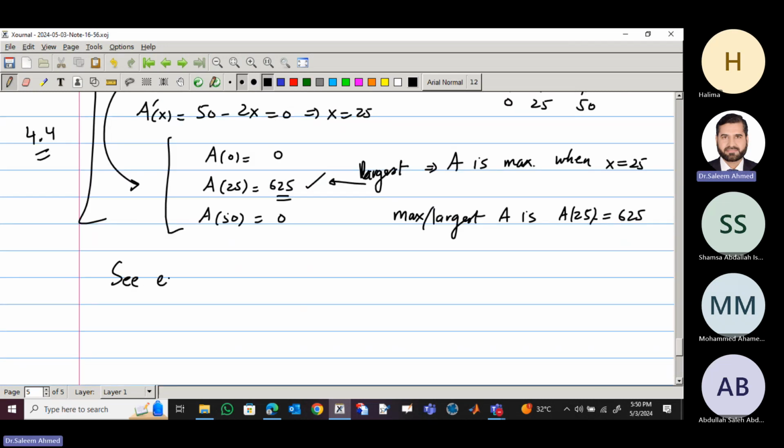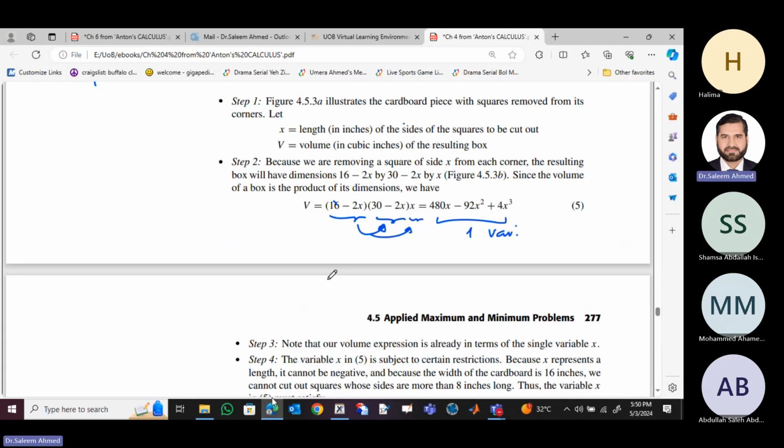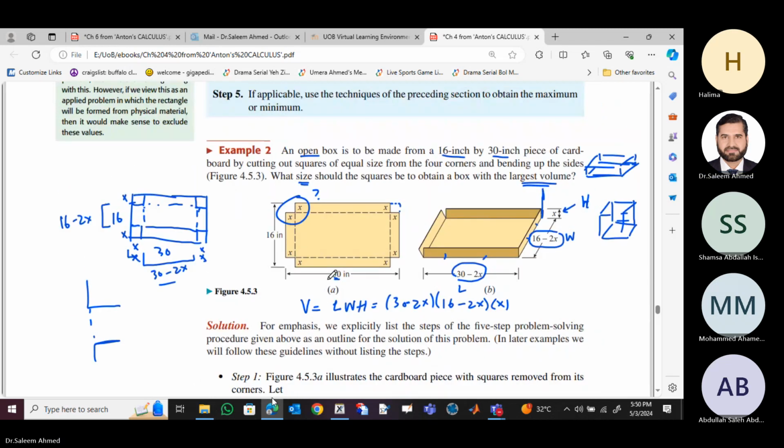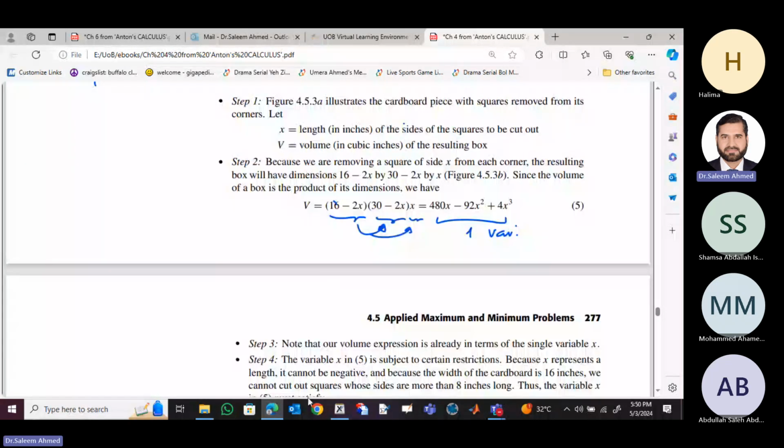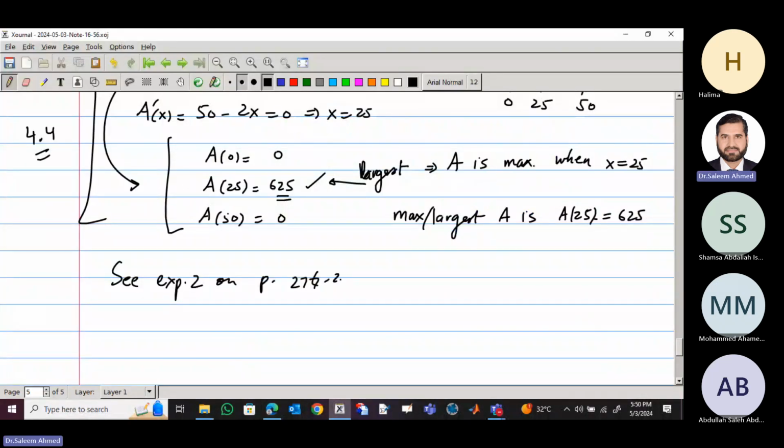So see example 2 on the same page, 276, 277, I think. Okay, so the important example is on page 276. You can see this example is completed because the difficult part was getting the function. I got the function x times 30 minus 2x times 16 minus 2x. When we multiply, we get the